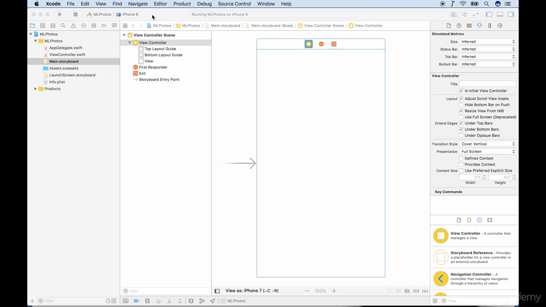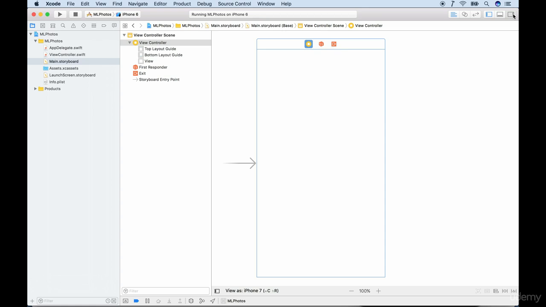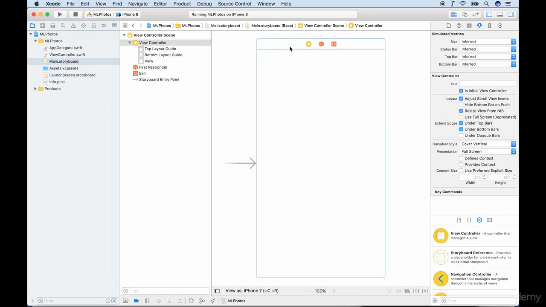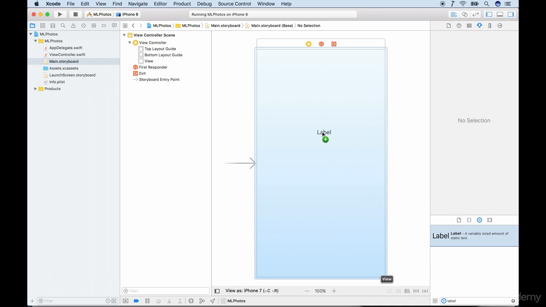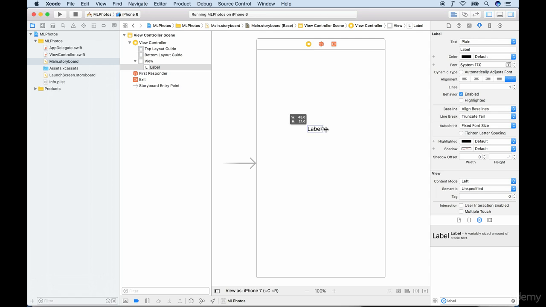Now, I'm not going to go into too many details because it's just a crash course, but I want to show you that since I have the right pane on and the main storyboard and I see the view controller, I can just type label here and I would add a label, which is basically just some text on the screen. So I can just add that here, play with the edges here and just say hello world